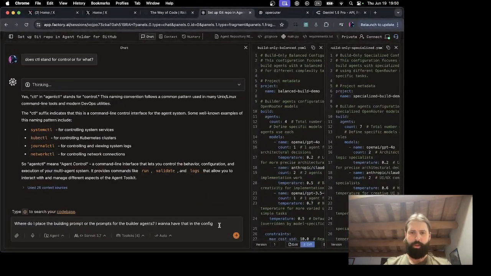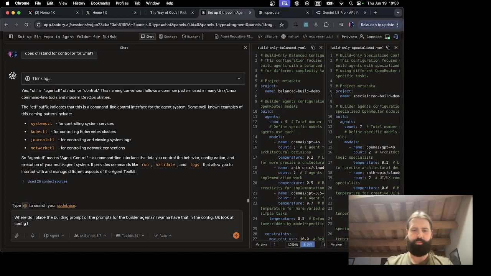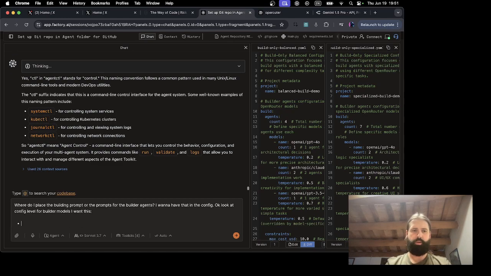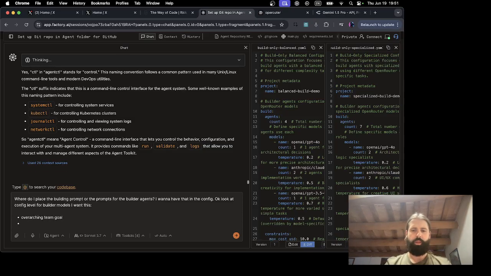So, a config level for builder models: an overarching team goal, individual agent goals, individual agent type goals.